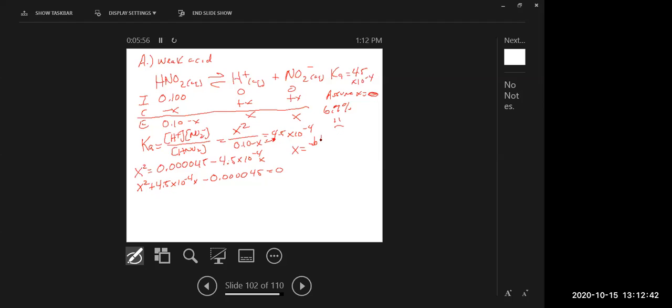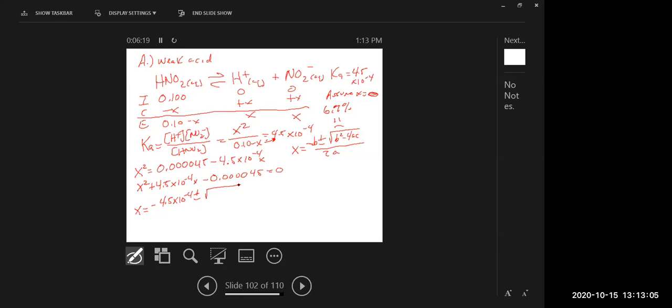Throwback from back when, right? Minus b plus or minus the square root of b squared minus 4ac, divided by 2a. If we put some numbers in there, it gives us minus 4.5 times 10 to the minus 4 plus or minus